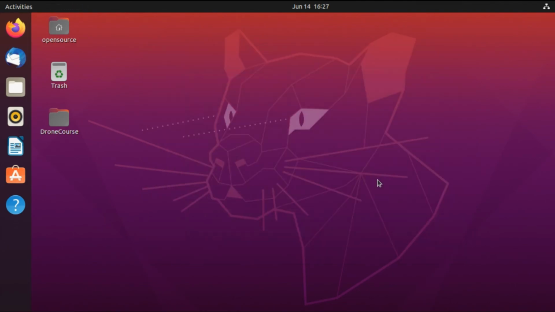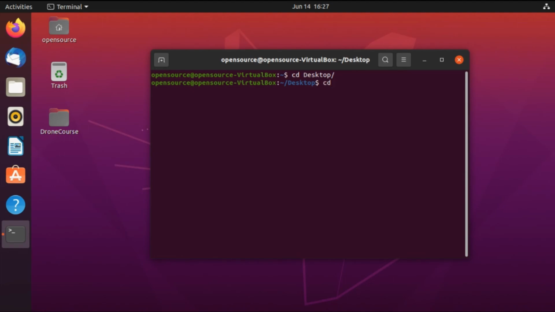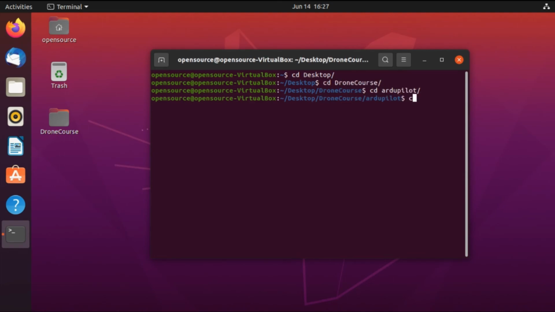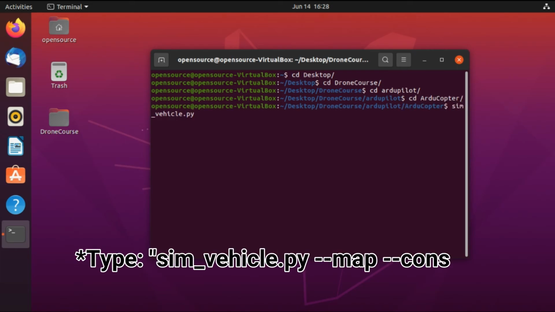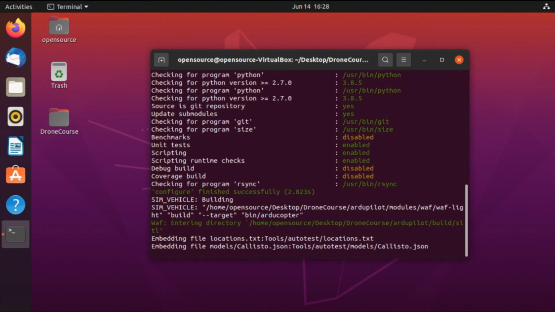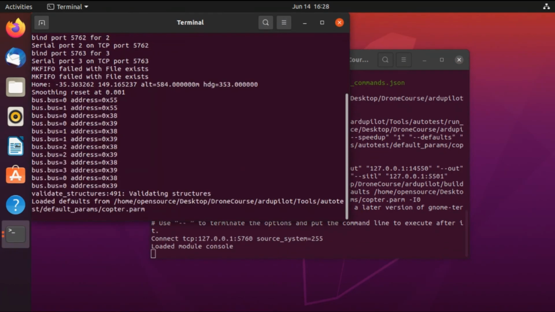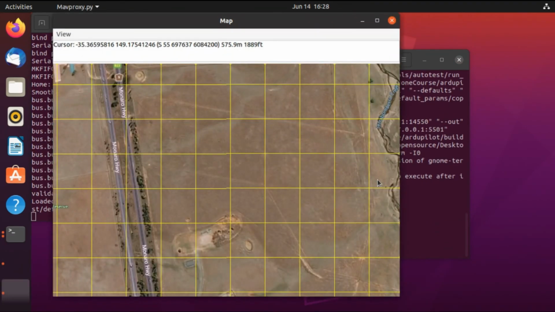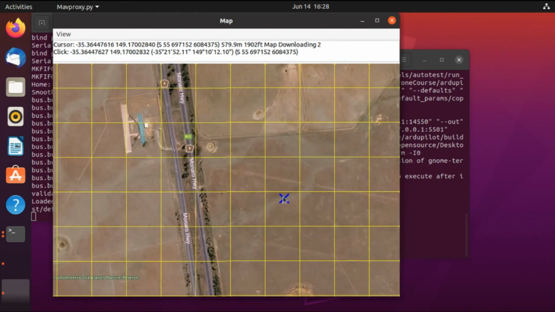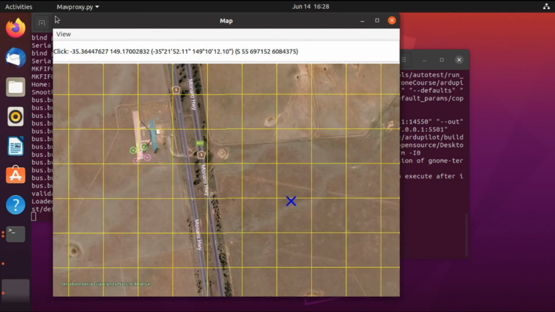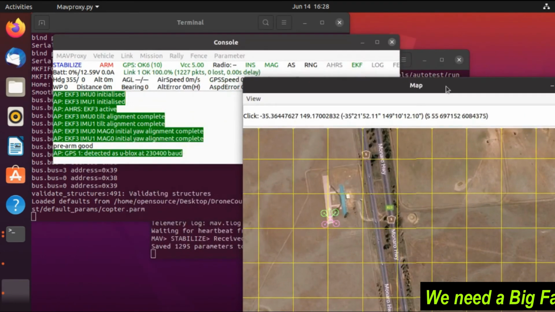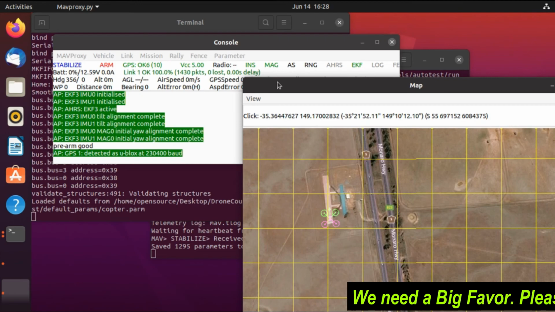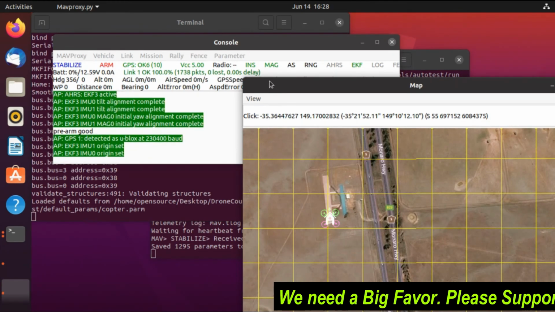To do it, open a new terminal, go to the ArduCopter directory and then write sim_vehicle.py --map --console and hit enter. Boom! Now you can see that we have the map and console windows. You can see that it is showing our SITL in some default location. And one important point, you have to always come to the ArduCopter folder to run the ArduCopter SITL. Let's quickly arrange these windows first.